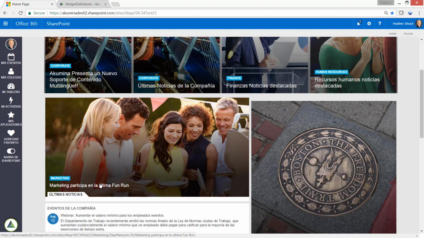Now the uses for this are infinite, but just like being able to have content that's targeted toward a specific language, I can now have behavior of the widgets that are targeted also to a specific language. I could have, for example, a different view for a widget in Spanish than in English. Very, very powerful capability. The same concept as we applied to the content apps is also applied to the instances